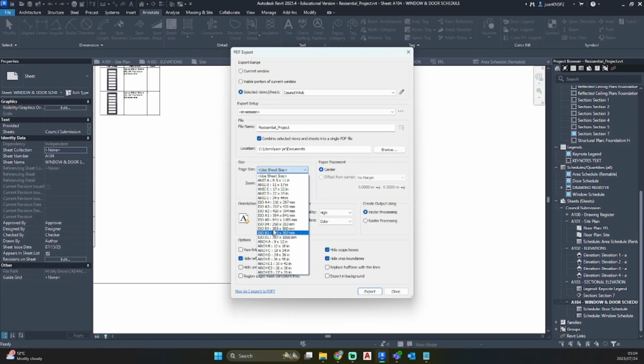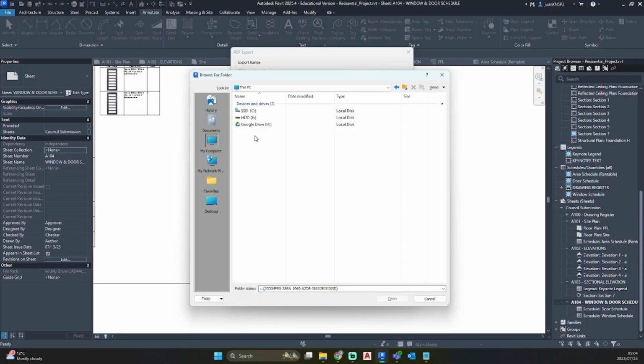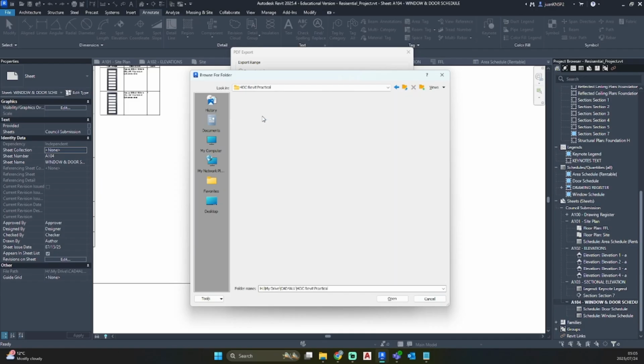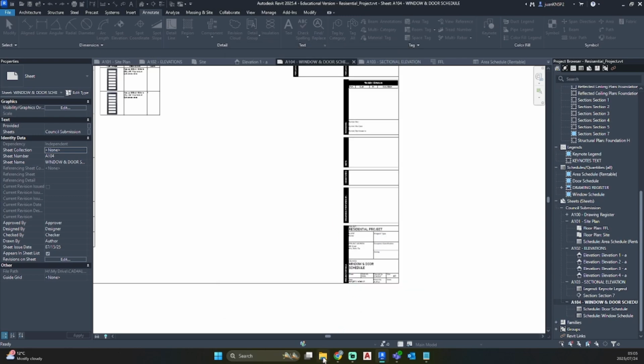Page size. We know the drawings are done on A1. So offset from corner, no margin, 50 page, and let's just save our location. And save your output and printing location. So let's go export. Do you want to save these changes? Yes. Let's call this council pack. Go OK. Now Revit will do its thing.